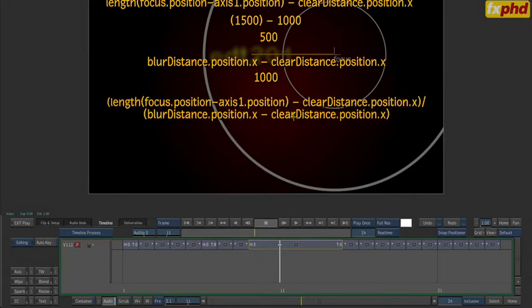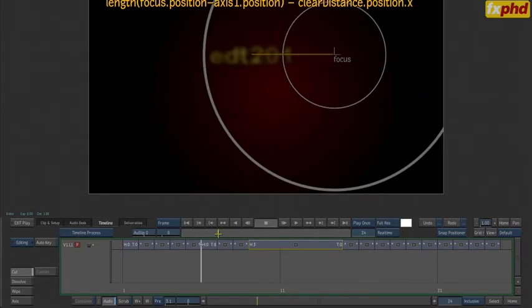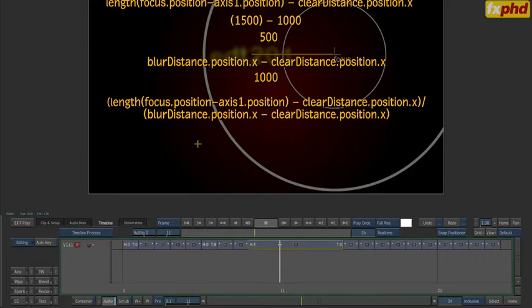Now this is where it starts to look a little scary, I admit. Let's go back, it looks even scarier doing that. All I've done is taken this and divided it by this. But what I needed to do was enclose these in parentheses so we get that stuff to happen first and get the order of operations correct the way we need it. So I added parentheses here and parentheses outside this whole thing. So it starts to look a little more complicated. What we end up with is 500 divided by 1000,